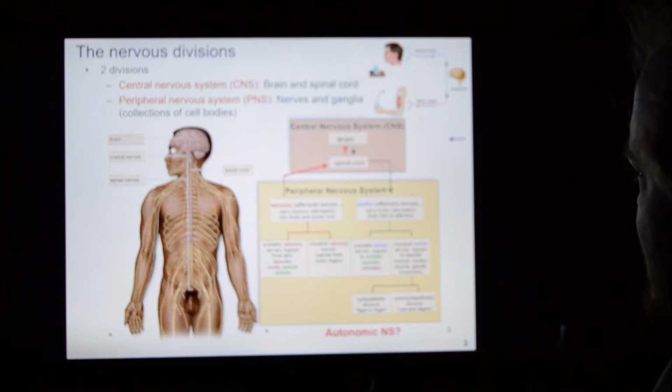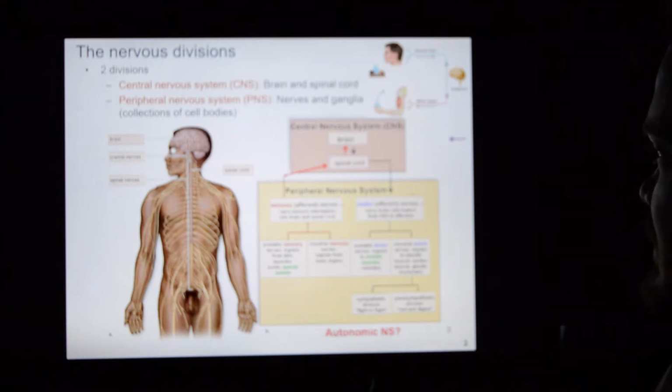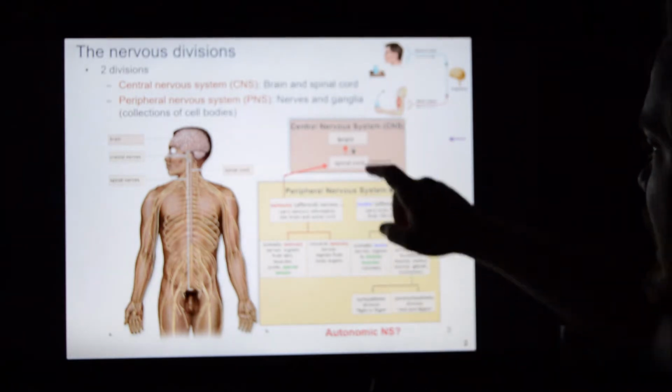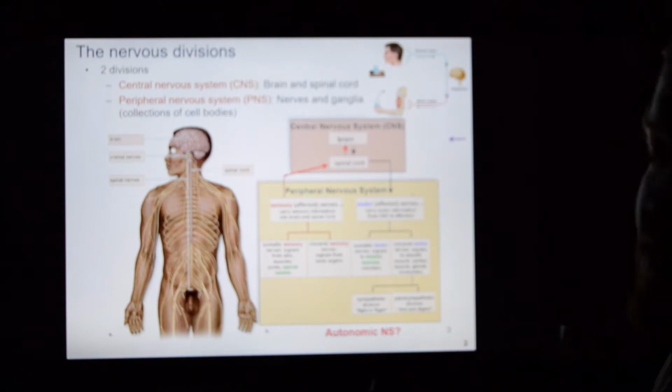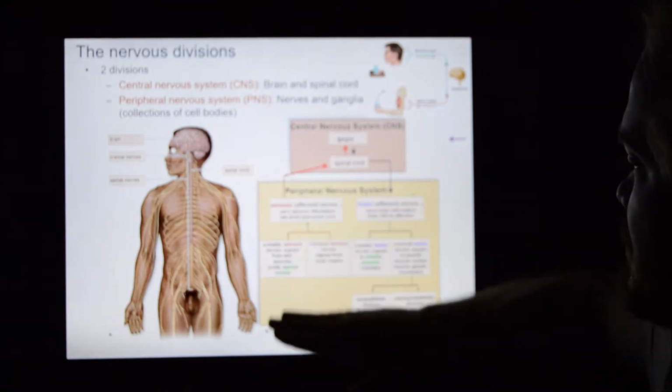Now, have we talked about the brain? I honestly forget what all we've talked about. I think we've just done muscle. So let me just outline all this for you. The brain is the main integrating center. The spinal cord tends to carry information to and from the brain. And then we have the peripheral nervous system.